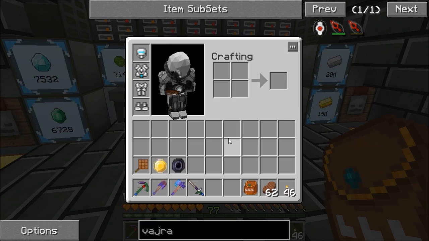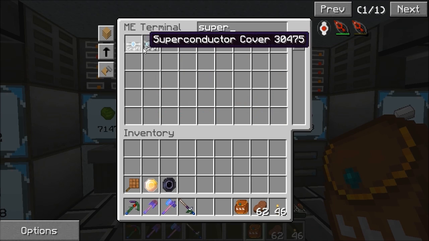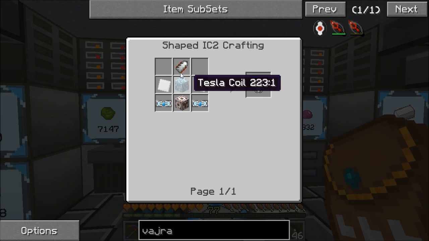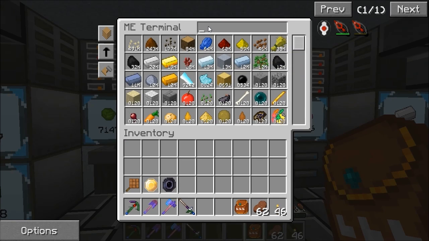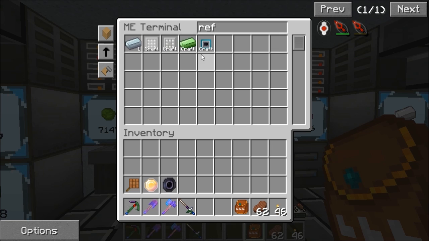Let's see, superconductor. Have we got any of that left? No, but let's craft one. So that gets us started. Copper, refined iron. Let's get some of that while we're waiting. Let's wait a little bit for that. Now this may need